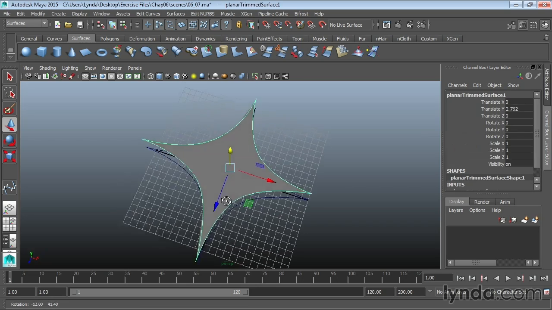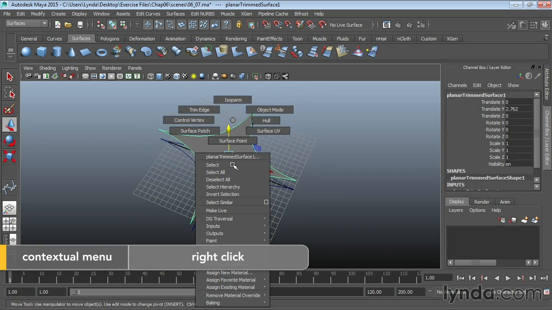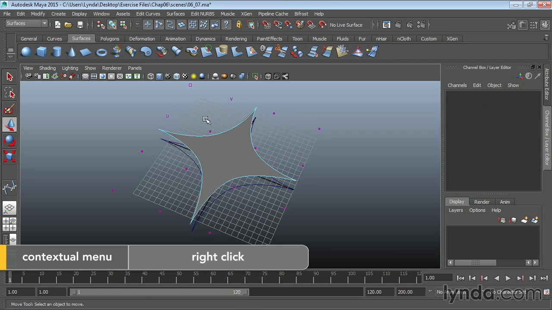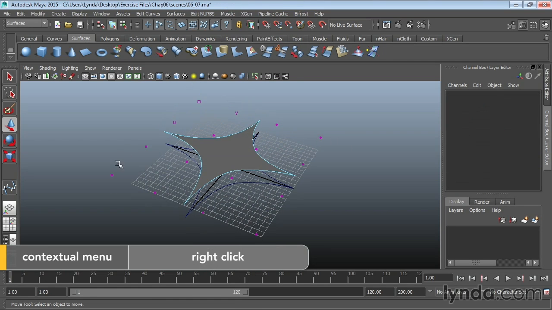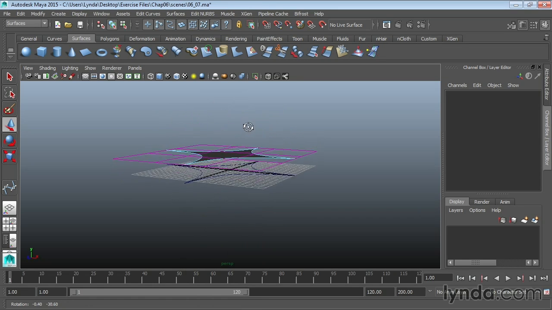Now this object here is actually kind of a cheat. If you right-click over this and do Control Vertices, you'll see that I have vertices all the way out. And if I take a look at hulls, again right-clicking here, you'll see that what it's done is it's